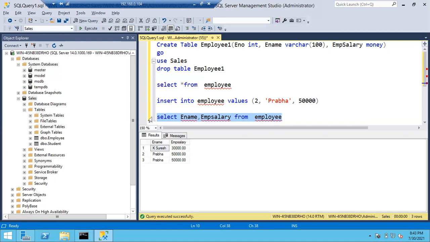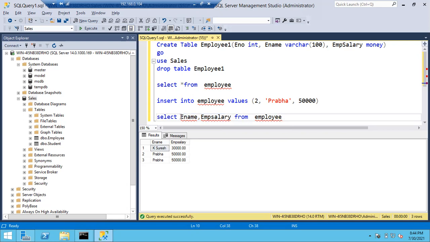For that, we have to use the where condition to filter the data. In case you want to filter the columns, you have to mention the column names in the select query. Now you want to filter the data, to pull the information of employees who are drawing more than 30,000. So you are filtering the data, not columns. In such a case, you have to use the where condition. Let me write it.